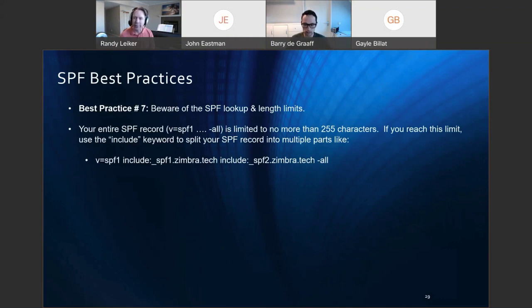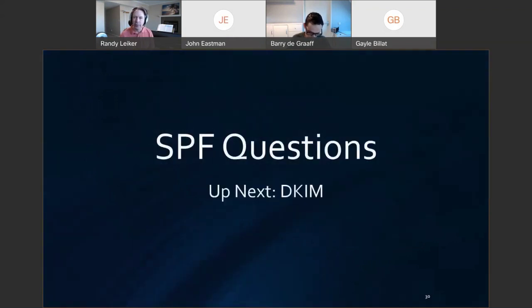to break your SPF record into multiple parts by using the include keyword. This allows you, for example, to use each include of 255 characters each. So if you had two includes, that's 510 characters in total. I'm going to pause here to answer any SPF questions you have before we get into our next topic,